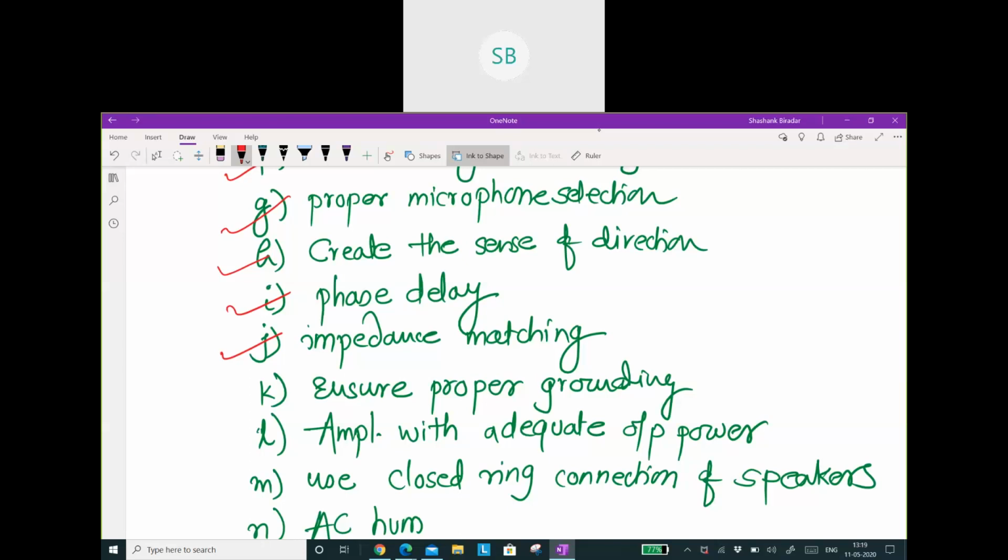Various types of speakers are used, so based on the requirement,